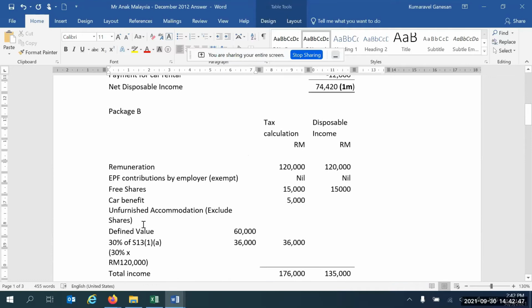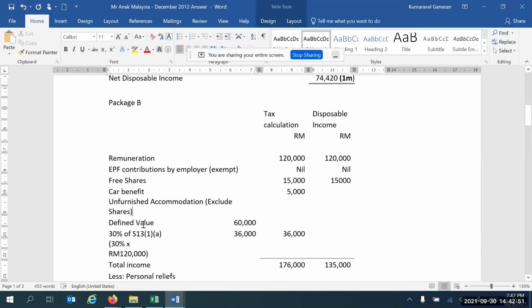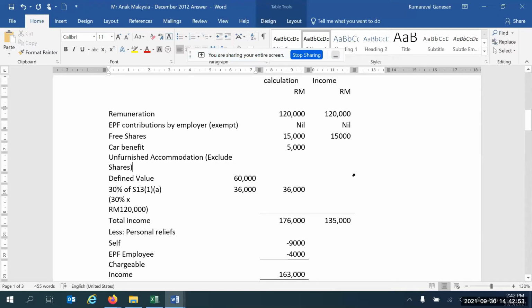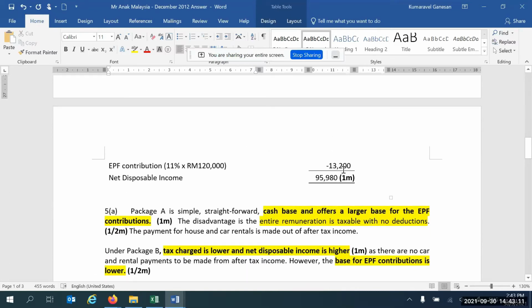And then disposable income, same items, EPF. But in this situation now, the house is not included because it's not a cash inflow, right? It's not a cash inflow. Okay. Once you have calculated,